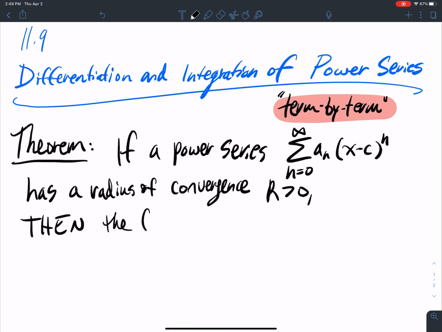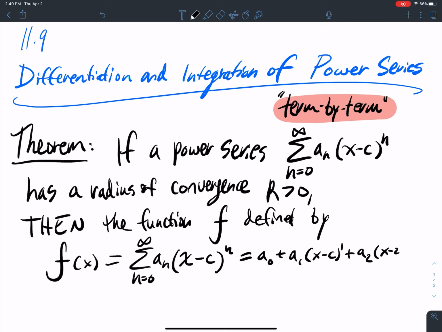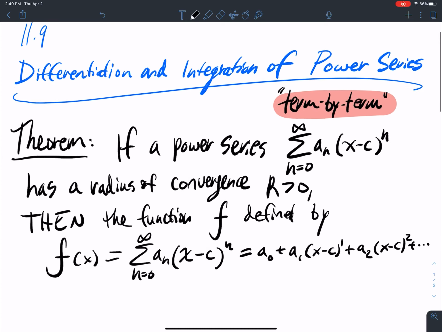The function f defined by f of x equal to the series n equals 0 to infinity, a sub n, or a n are the coefficients of the polynomial, x minus c to the n, which is a 0 plus a 1 x minus c to the 1 plus a 2 x minus c to the 2 and so on forever, okay,